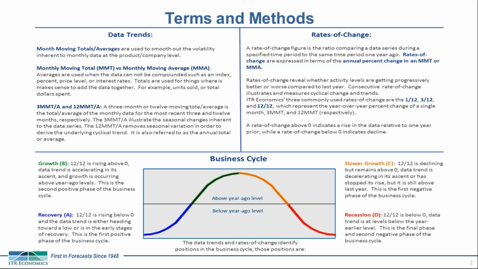Whenever you see any forecasts that we have throughout this report, you'll see that we're referring to the 12/12. The reason we do this is because the 12/12 is what we base our business cycle theory on. Our business cycle, as defined by us here at ITR, has 4 distinct phases: phase A, B, C, and D. You can see at the bottom half of my screen that we have a graphic representation of this business cycle in that 4-colored sine curve, as well as their definitions next to it.